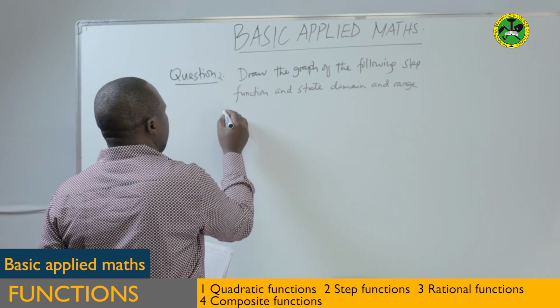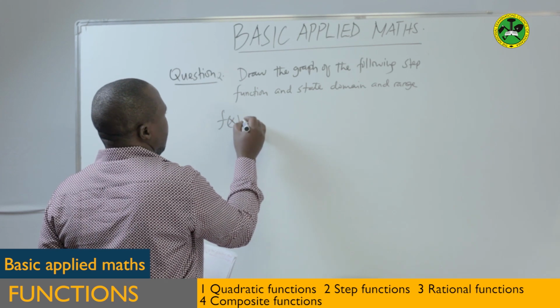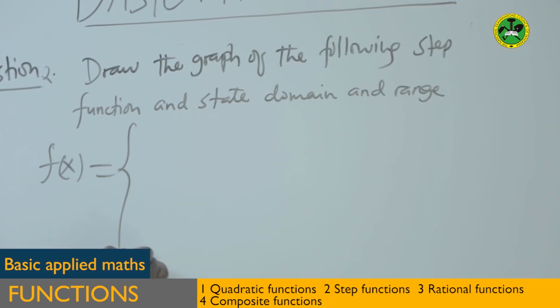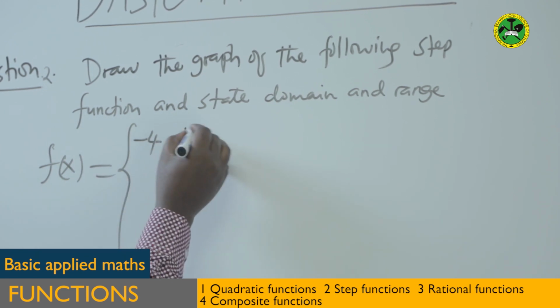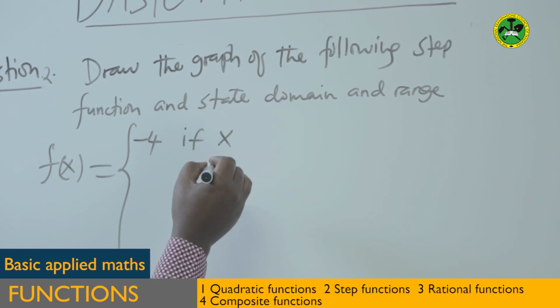So the step function says f of x is given by -4 if x is